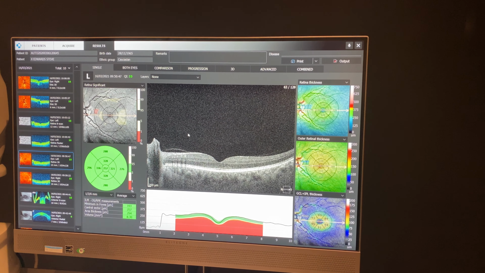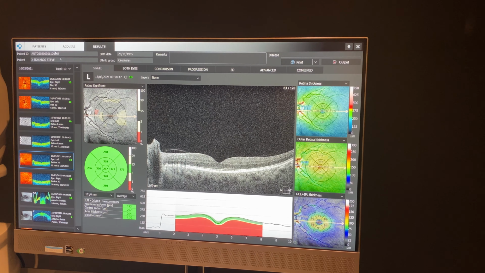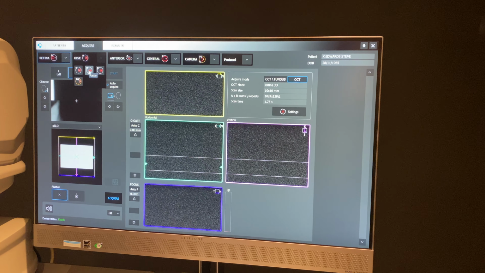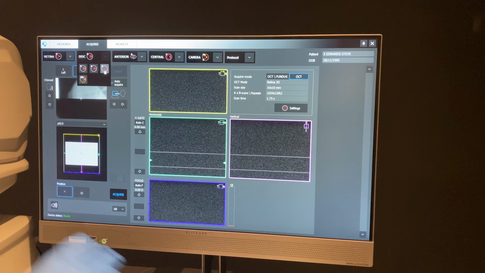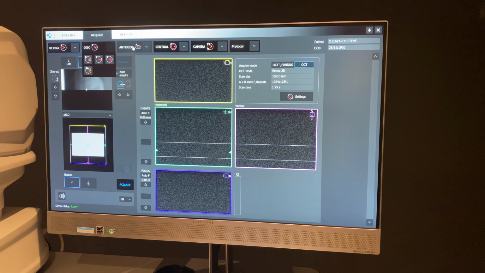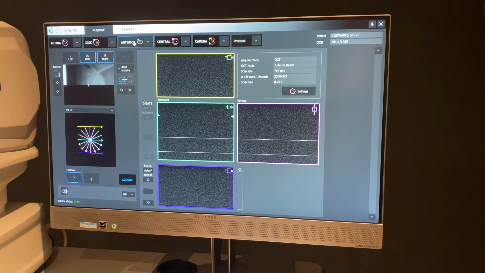Go back to single eye, go back to acquire. Please place your head on the chin rest and blink freely. On disc, you have a drop down menu, so you could image only do a 5-line raster scan, or image only do a radial scan. If I go on to anterior,